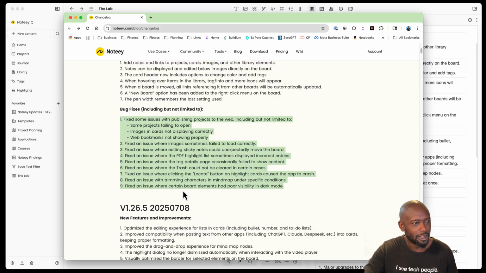that's done, I think that things will start to feel more like a normal mature application, and then hopefully we'll start getting the web and mobile versions of the Noteey app, which I think a lot of people are probably clamoring for, and especially me, and hopefully that comes here soon. We're told it's going to be the end of the year, possibly the beginning of next year, so waiting patiently, but really eager to get my hands on something that's more mobile friendly and being able to access at least some of the information in my library from my mobile device, probably even doing journaling or using the journal feature